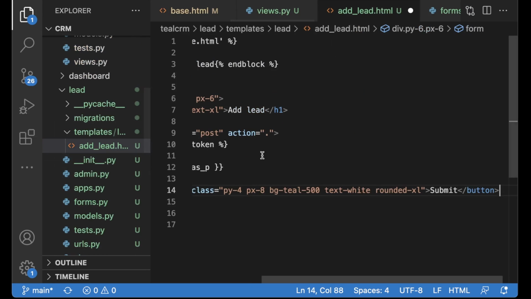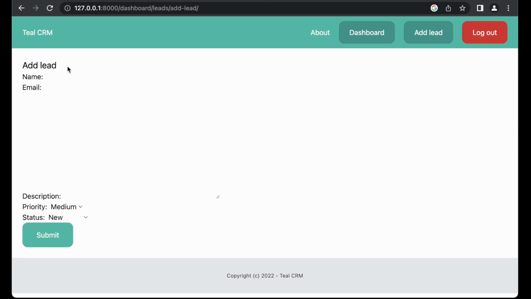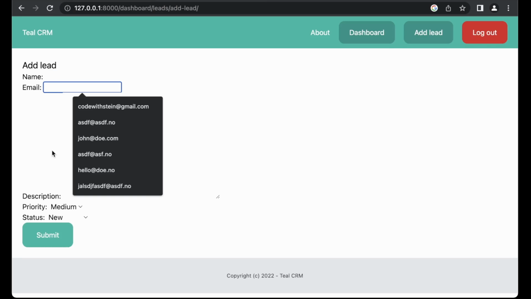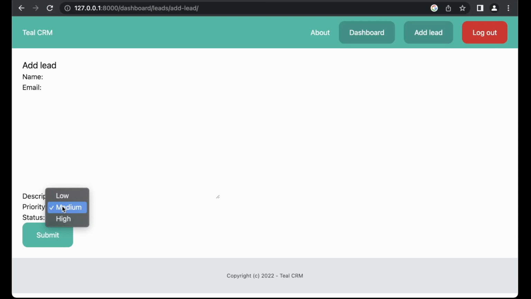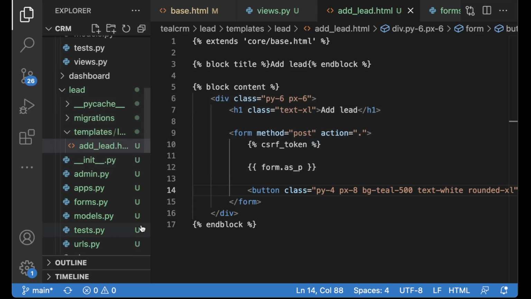Copy and paste. So if I save now, I can go back and refresh and we see the name, the email, the description, and then choose between the different priority and status. Nice. So I will handle the styling of this later because obviously it can't look like this, but for now we just want to make everything work.